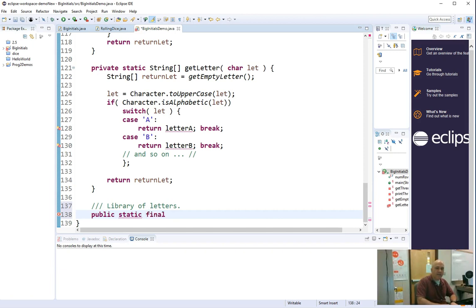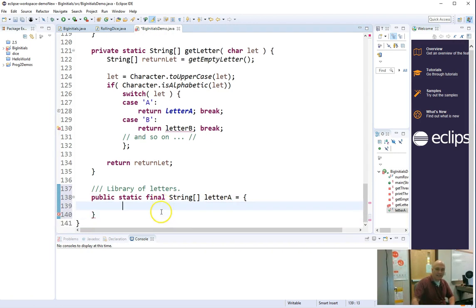It is a final. Final means once we set it, it's never going to change. It is a string array, and the name of the string array is letter A. And now we're going to use an initialization list. How many of you have learned what an initialization list is? Nobody. Sort of. So an initialization list is done when you create a new variable. So here we're declaring a new variable called letter A. Why is this labeled final? Final means that once I create letter A it will never be changeable. So you'll not be able to overwrite letter A, only read from it. So now letter A has 9